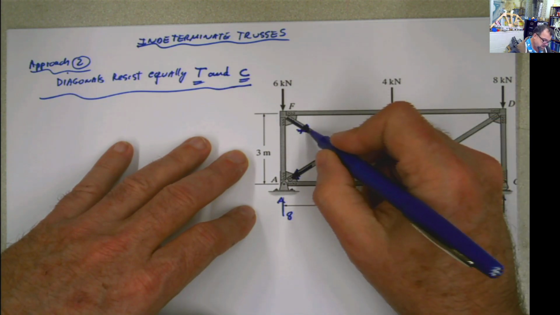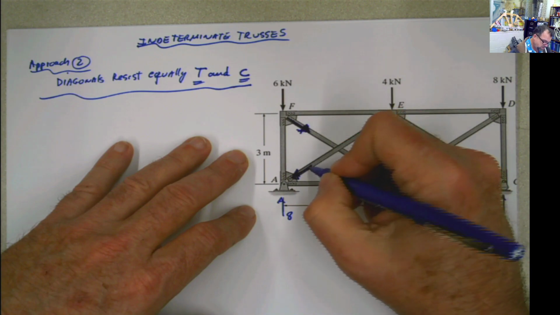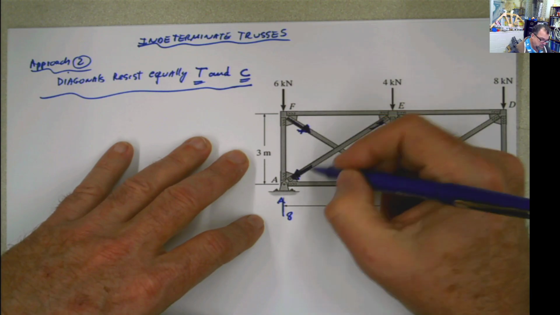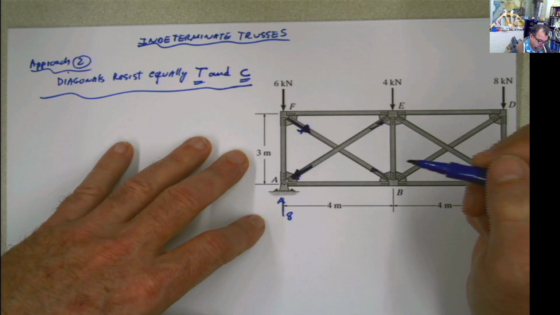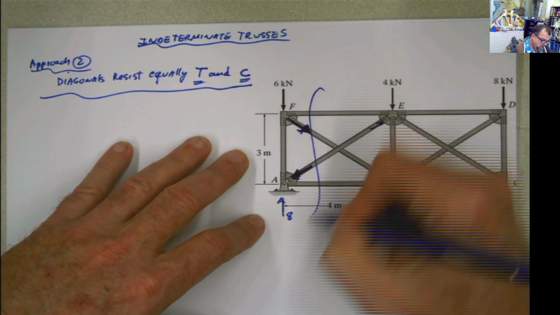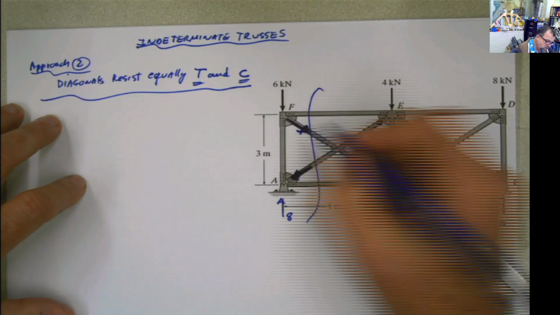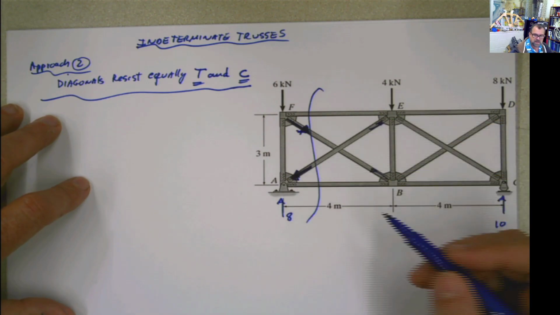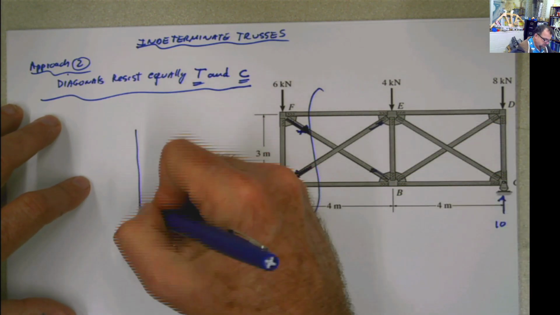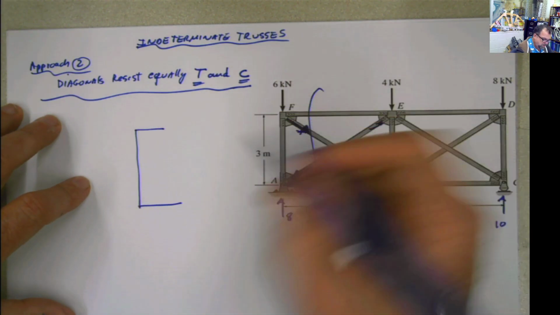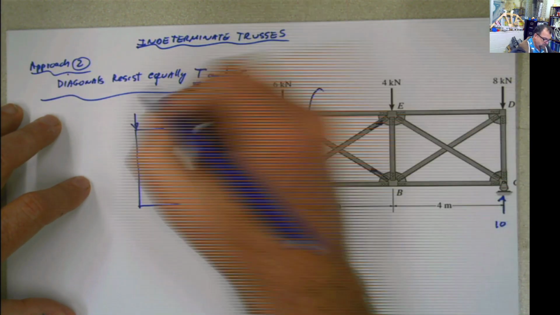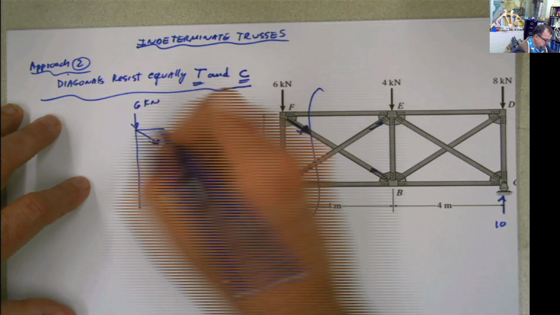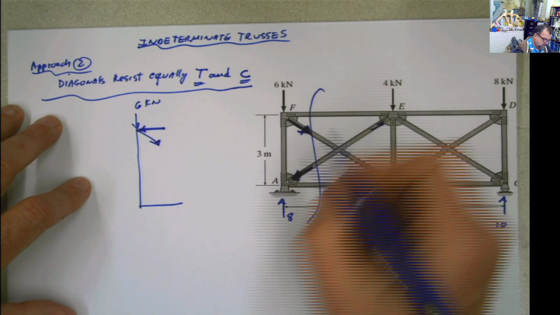So if I know they are equally resisting the tension and the compression, when I make a cut here, instead of calling this FB and AE, and I don't want to go into the shear panel thing for the trusses, once you make that cut,